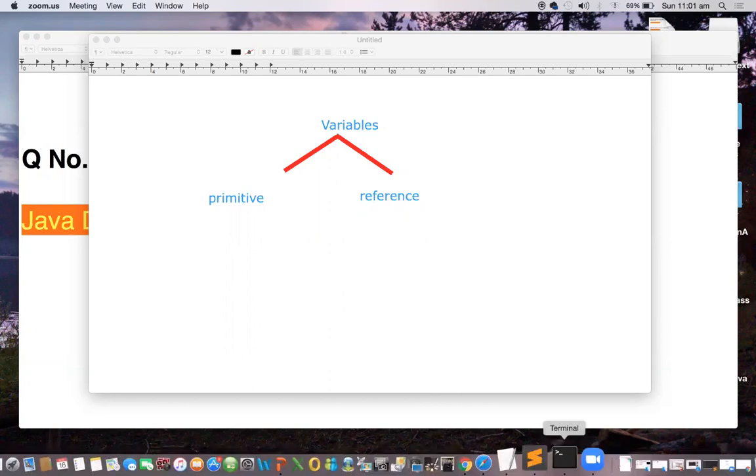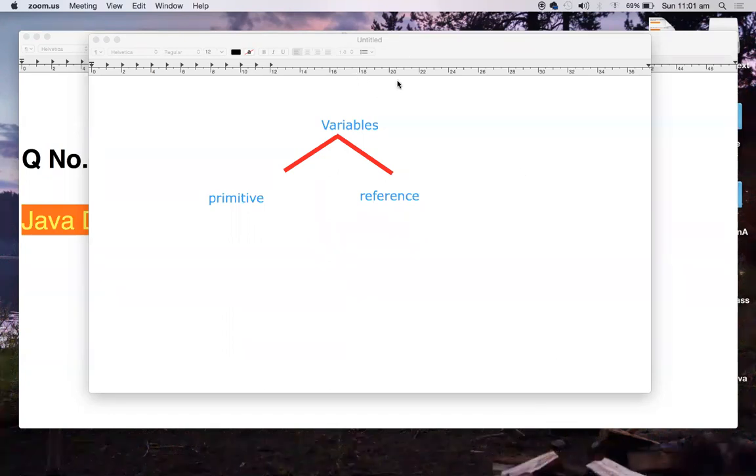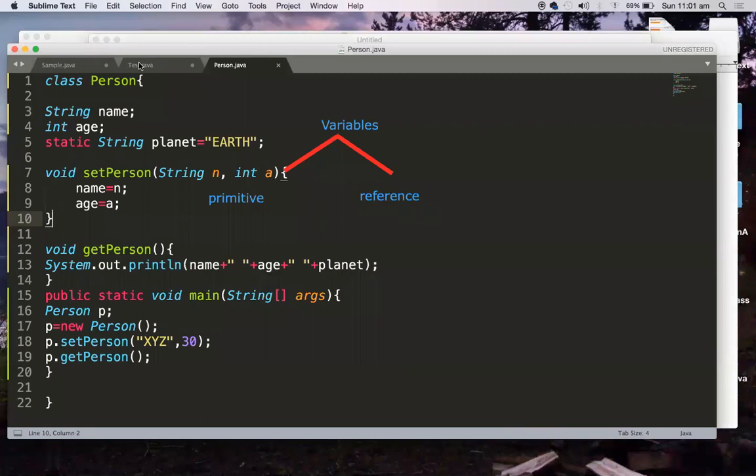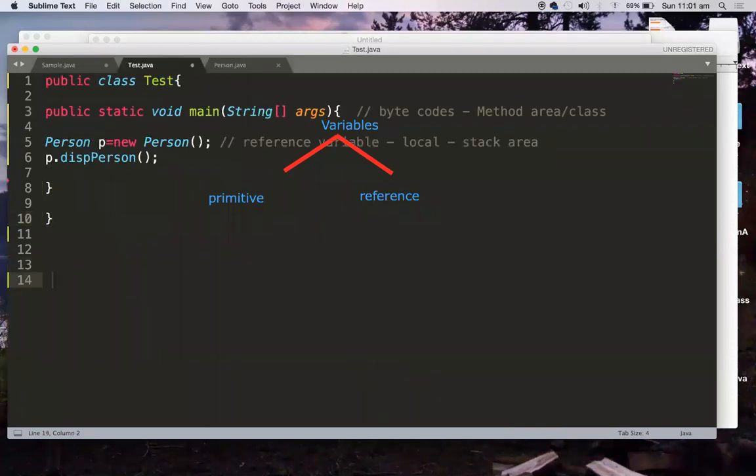If you want to declare a variable in any programming language, how do you declare it? Let me show you here. For example, we will say int a, some integer a I'm declaring. Otherwise we can say int x equals 10. That means every time a variable is declared, we associate it with its data type.